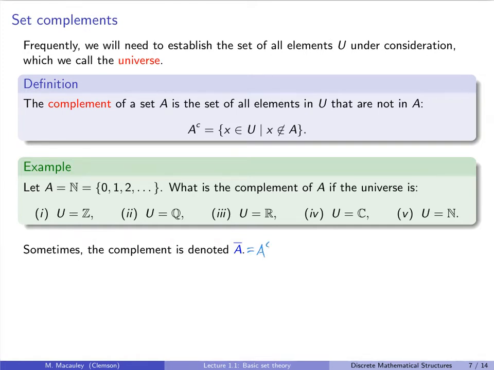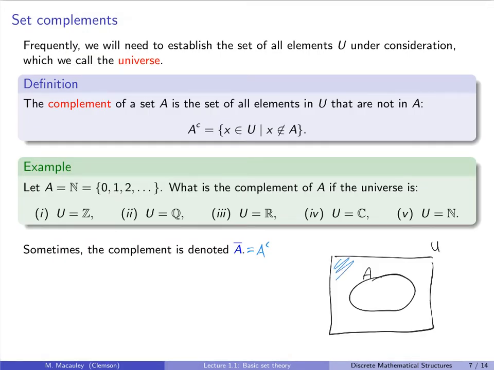So I'll mention this because some books and resources you'll see will write it like this. And finally, I have not defined a Venn diagram, but you've likely seen them in different contexts. We'll talk about them very shortly. But in this case, the complement of A is the shaded region that's outside of A. So it's everything that's in our universe U, but not in A. This is a nice visual way to represent what the